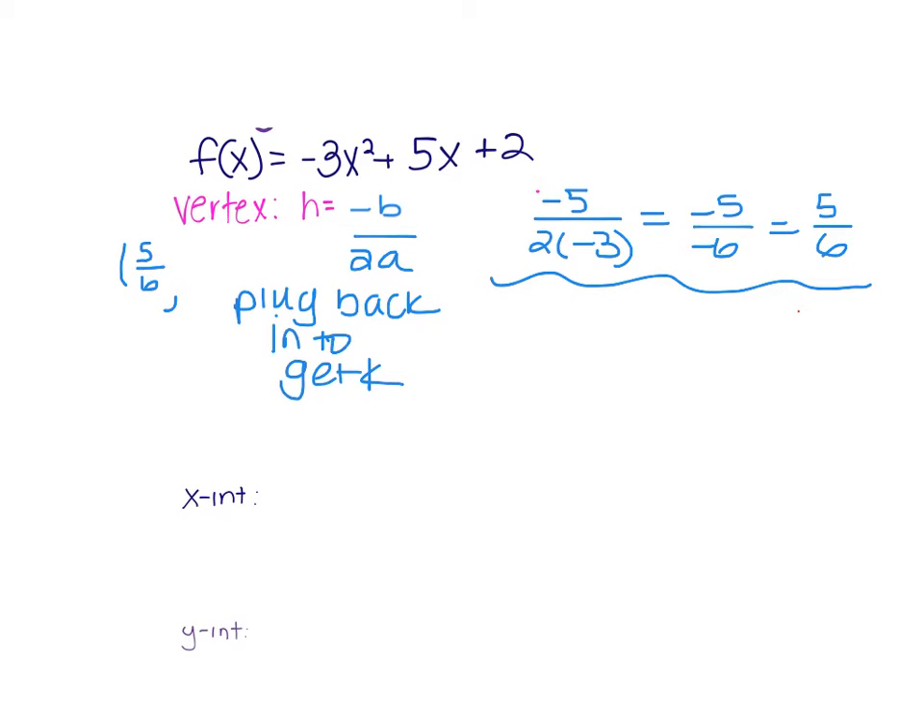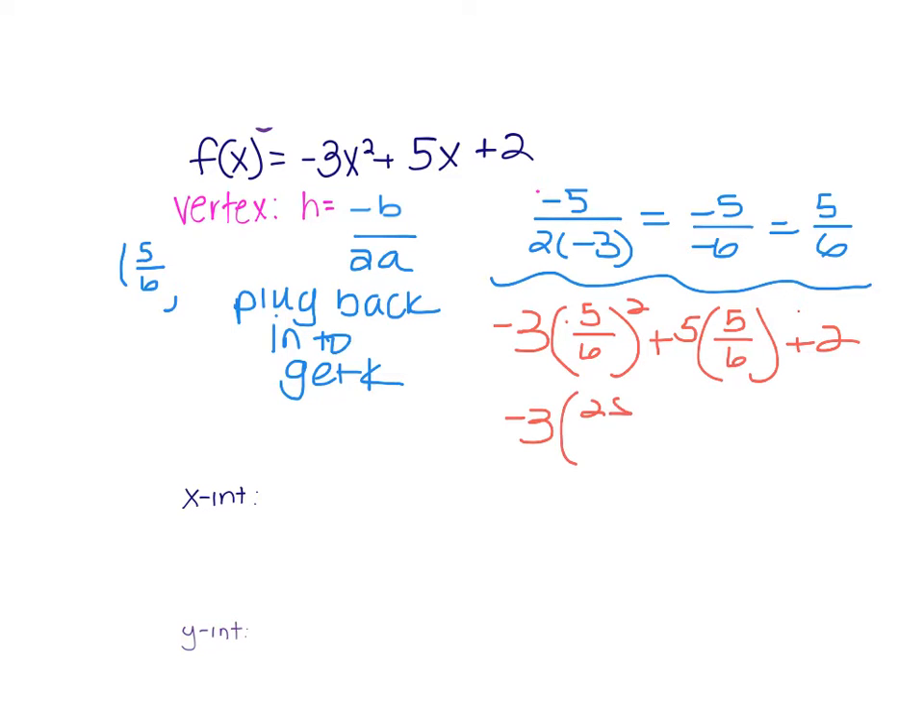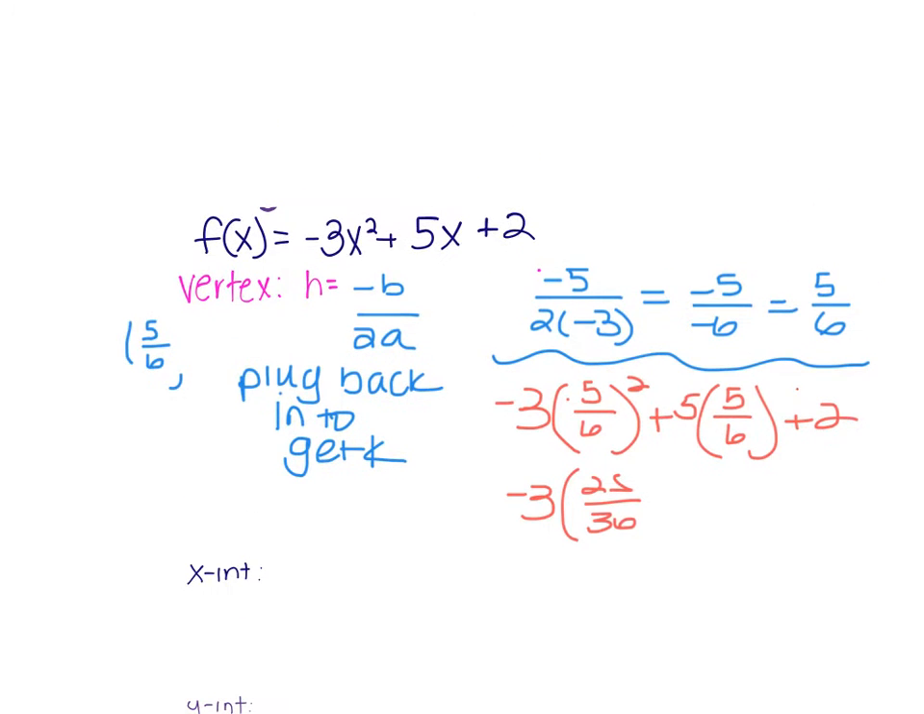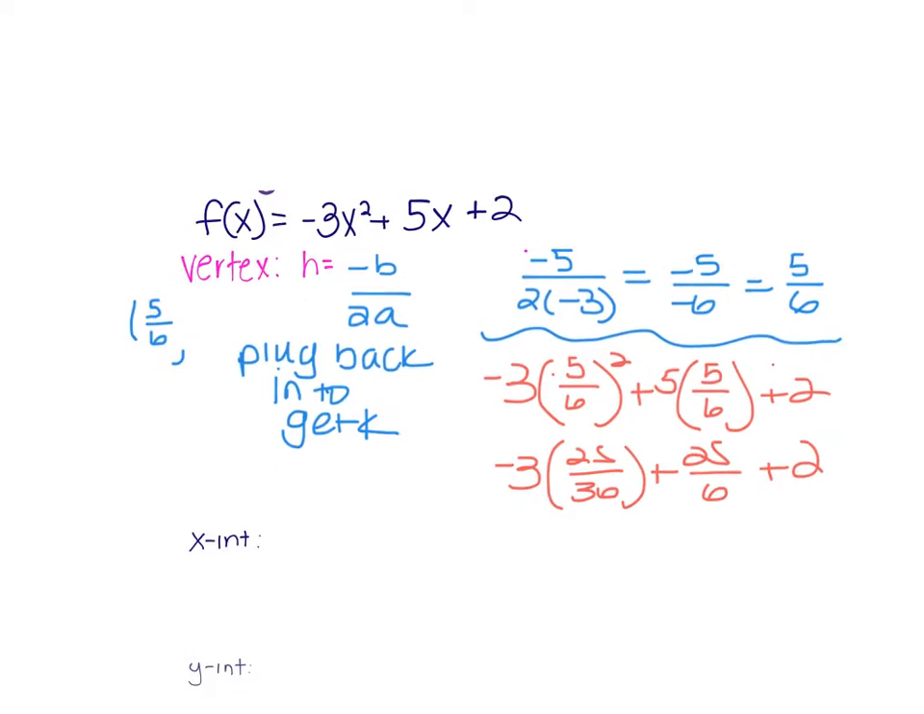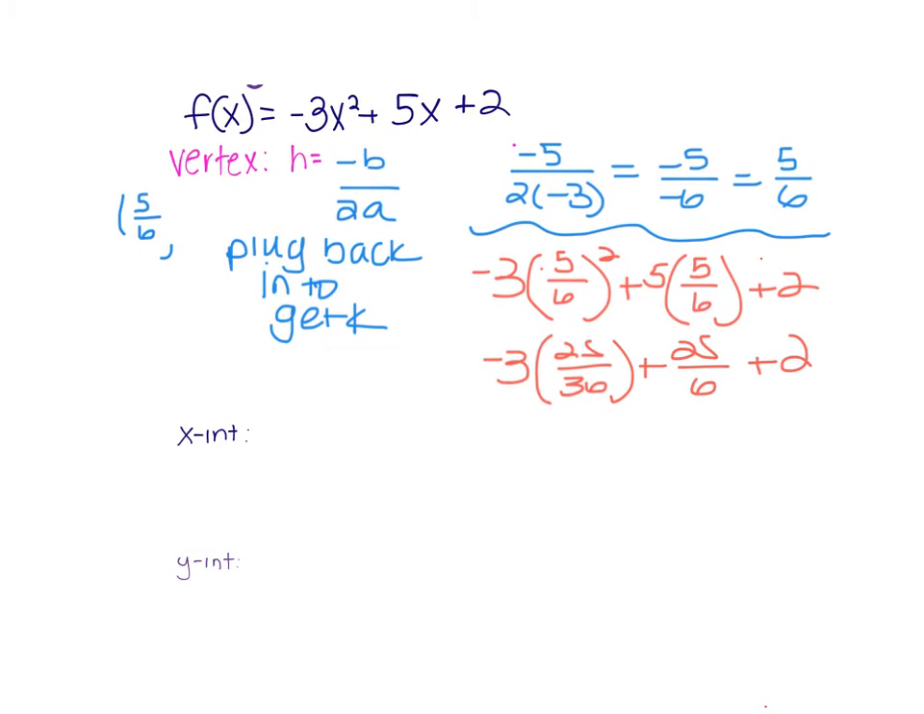I'm going to take it and plug it back in to get the k. So negative 5/6 squared plus 5 times 5/6 plus 2. And I get negative 25 over 36 plus 25 over 6 plus 2. This reduces to negative 25 over 12 plus 25 over 6